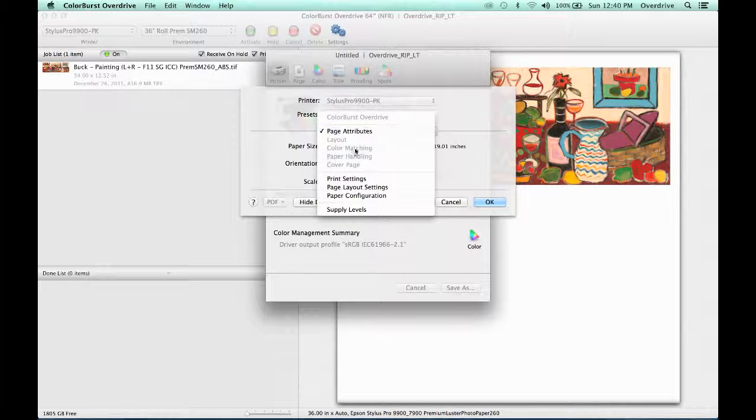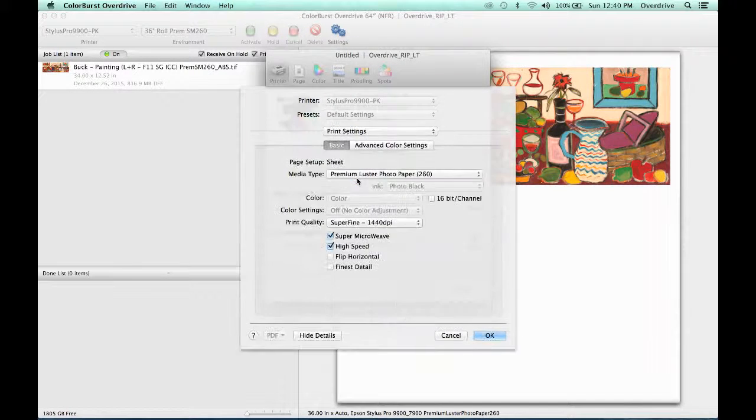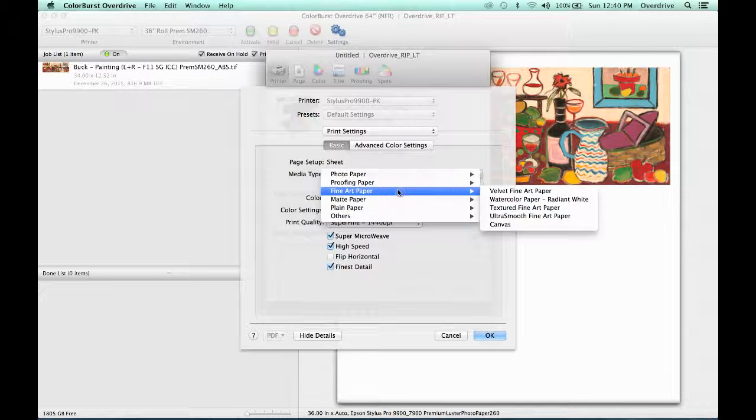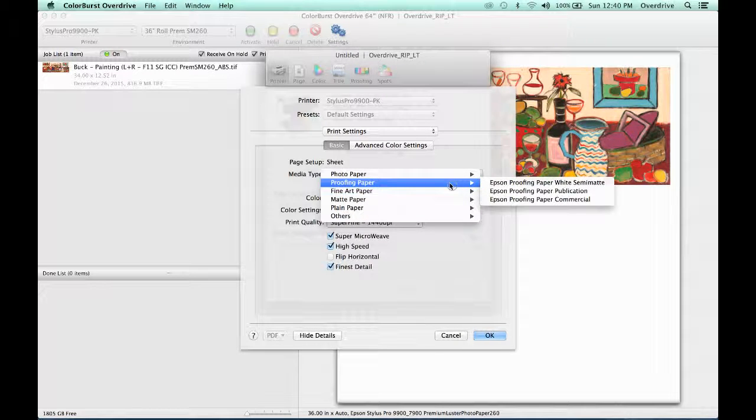From there, you want to select the printer settings. The printer settings are going to automatically have color management turned off. Set the resolution. High speed means bidirectional. You always want to use finest detail. You can then pick the paper type that you'll be using, such as a velvet fine art or proofing paper,